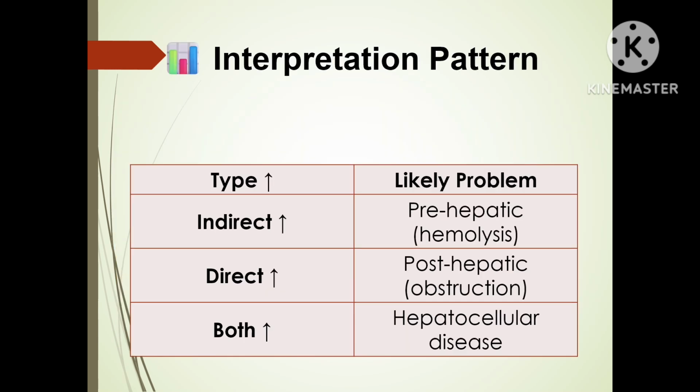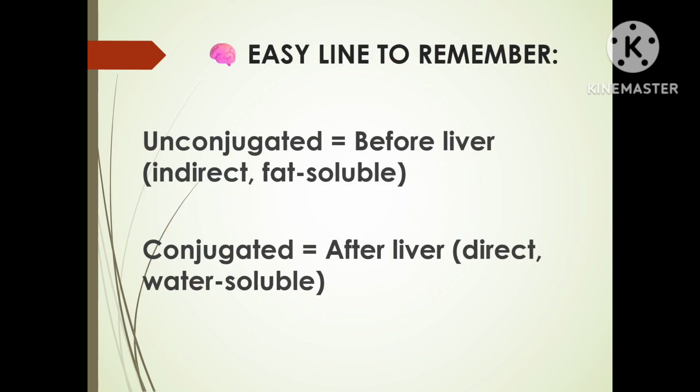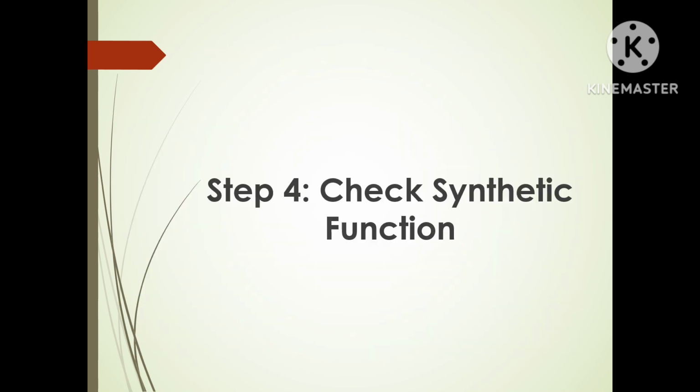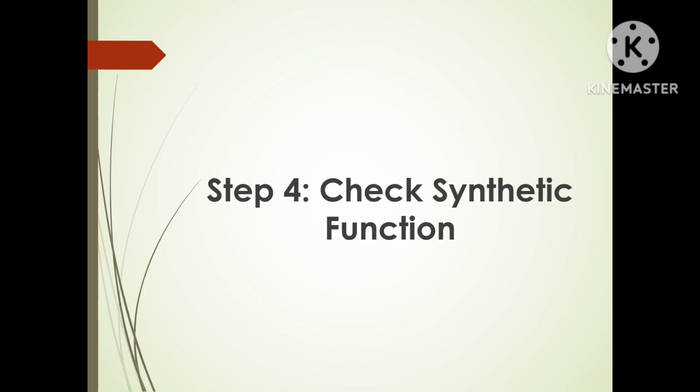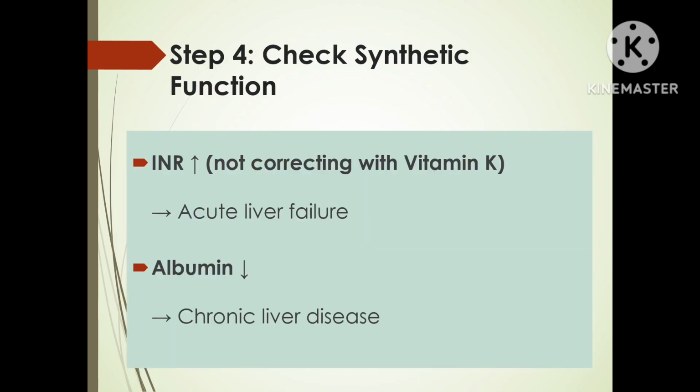When both conjugated and unconjugated bilirubins are elevated, it usually indicates hepatocellular damage where multiple steps of the bilirubin metabolism are affected. The fourth is evaluating the synthetic function of the liver. It includes not only albumin and the clotting factors but also total protein and serum globulin, which helps to refine